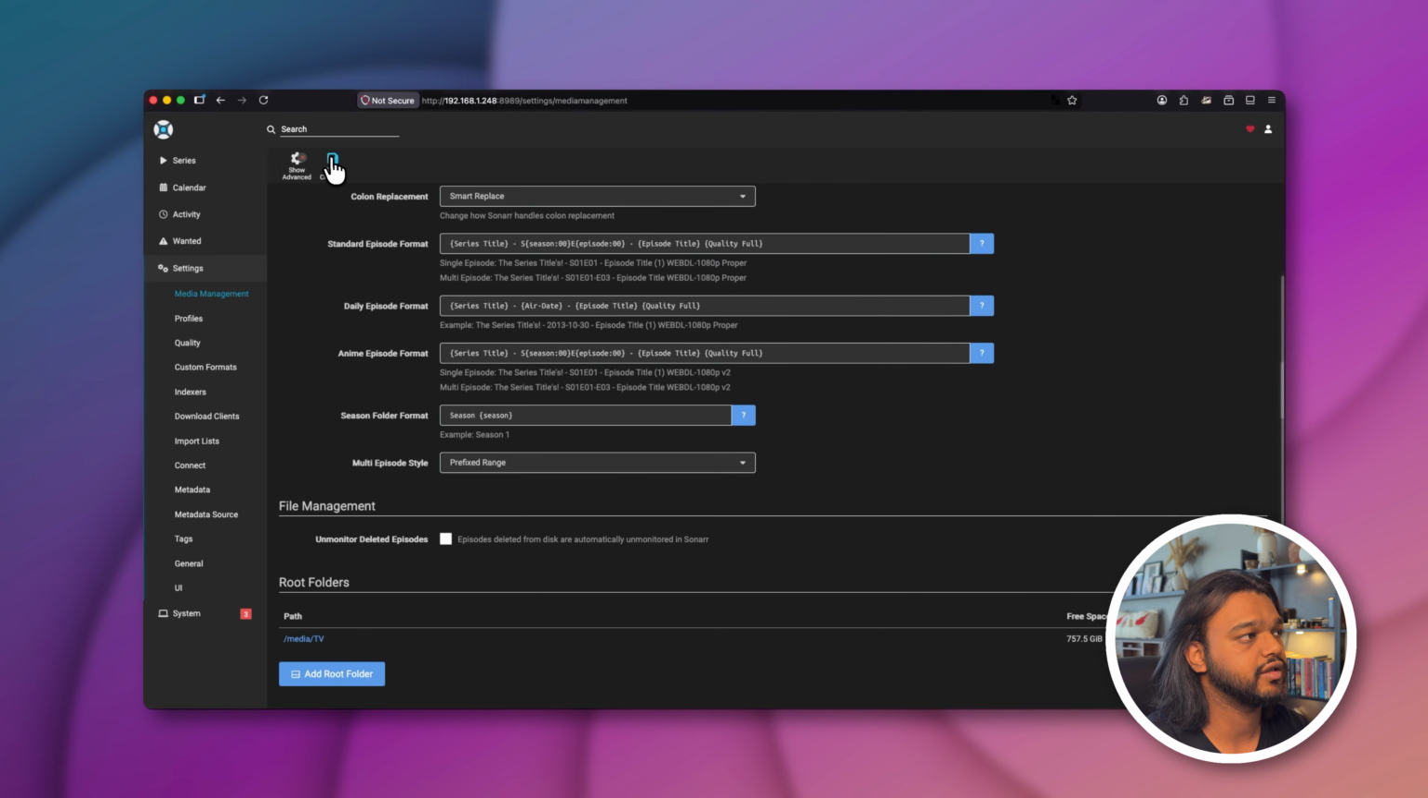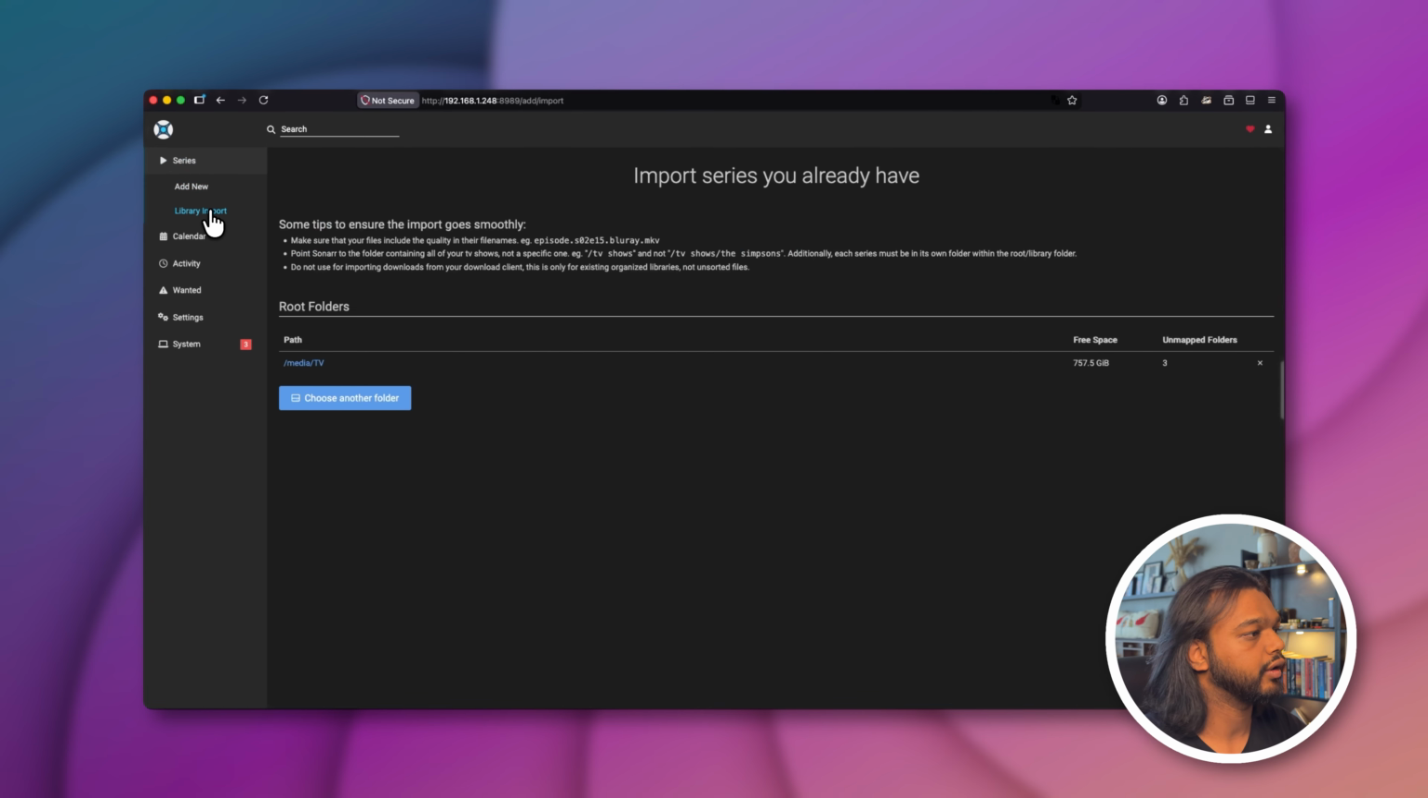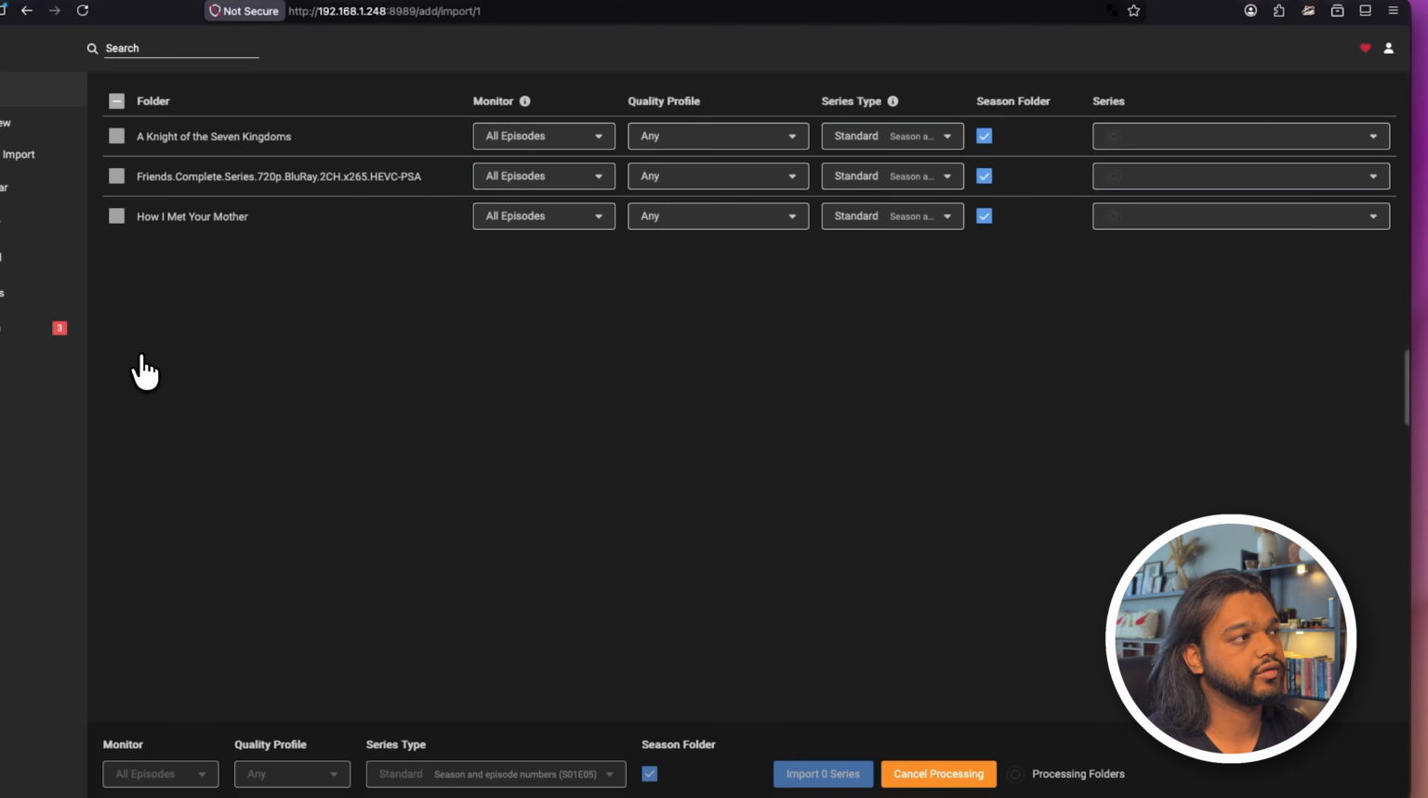Let's save changes. Okay, so if you have any media that is already available on your hard drive, like any TV shows, you can go ahead and import it now. But if you don't have anything, you can directly skip to the next section. So let's go into series, library import, and click on the path that we just created. So this will now analyze all the folders and the files inside the folder structure and come up with the